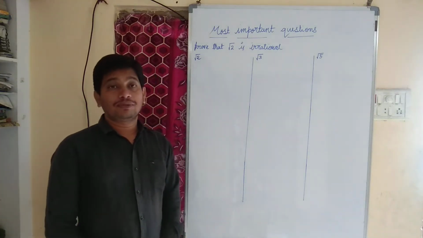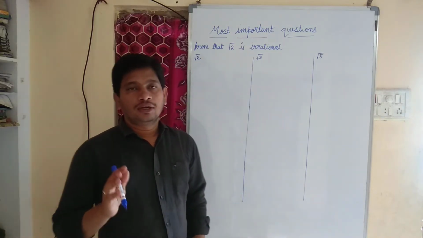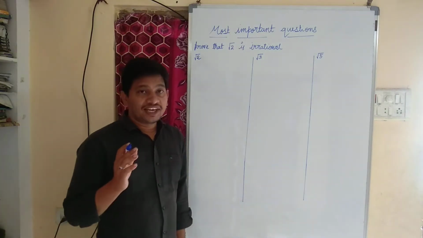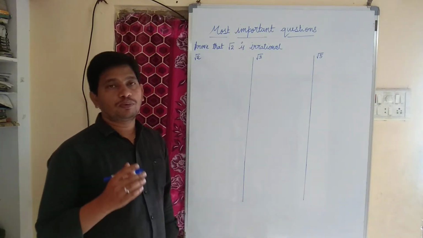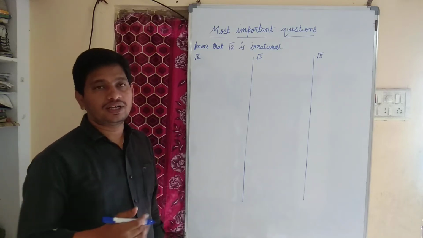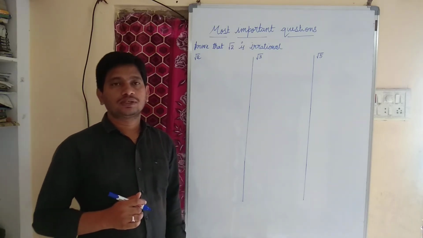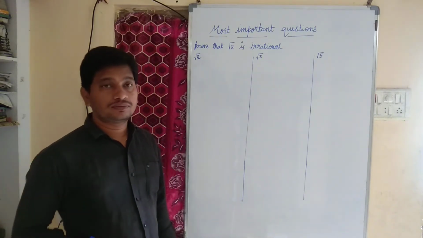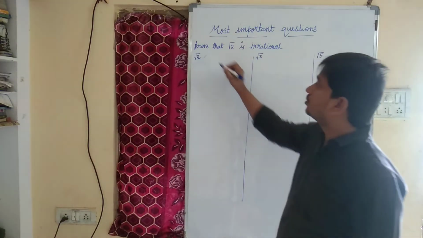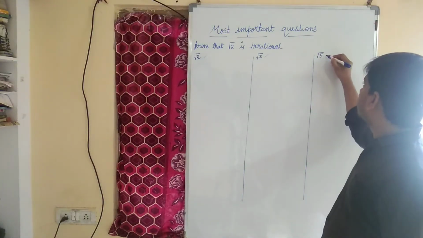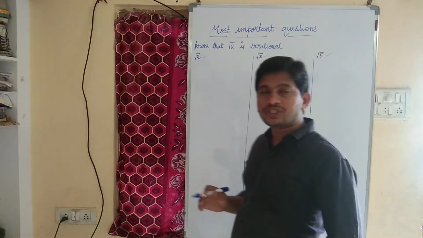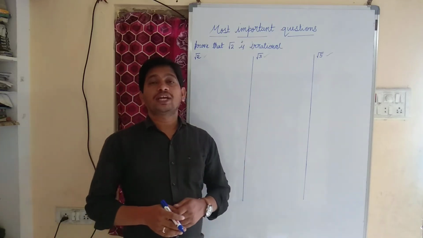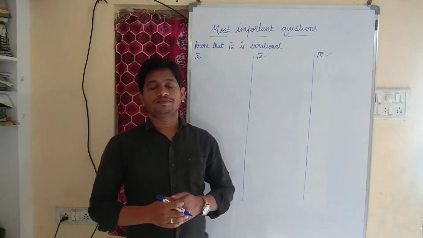Myself Naveen. I am the maths mentor, and today let us see problems related to the irrational number concept. These are the most important sums which have been given already in previous year public examinations. That is, prove that root 2 is irrational. They may ask root 2 or else root 3 or else root 5. So these three questions we will see at a time, so that we can do all three problems easily.